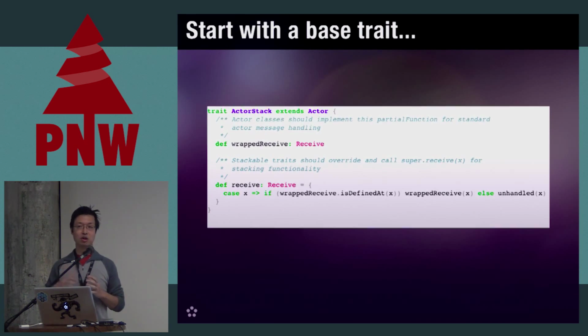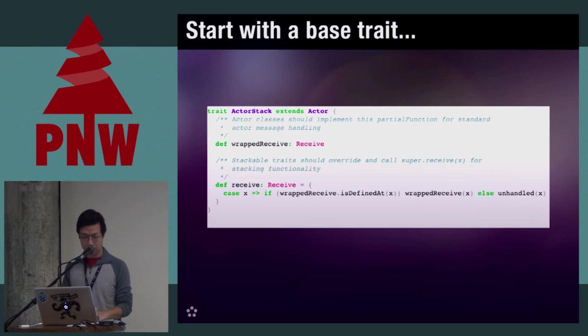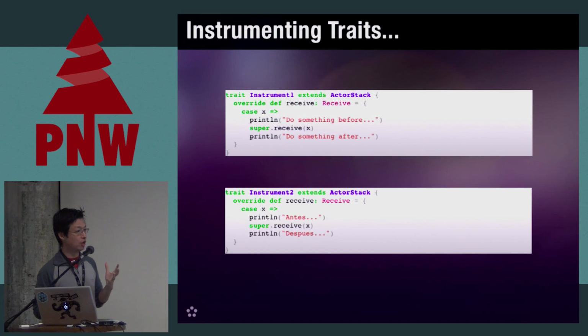Receive blocks are what are called partial functions in Scala. That means that they can handle some messages and not others. So when you say isDefinedAt, that tells you if the wrapReceive block is going to handle a message. Otherwise, it goes to a built-in function in Akka actors called unhandled, which processes messages that aren't processed. Now, let's say that I have two traits to instrument